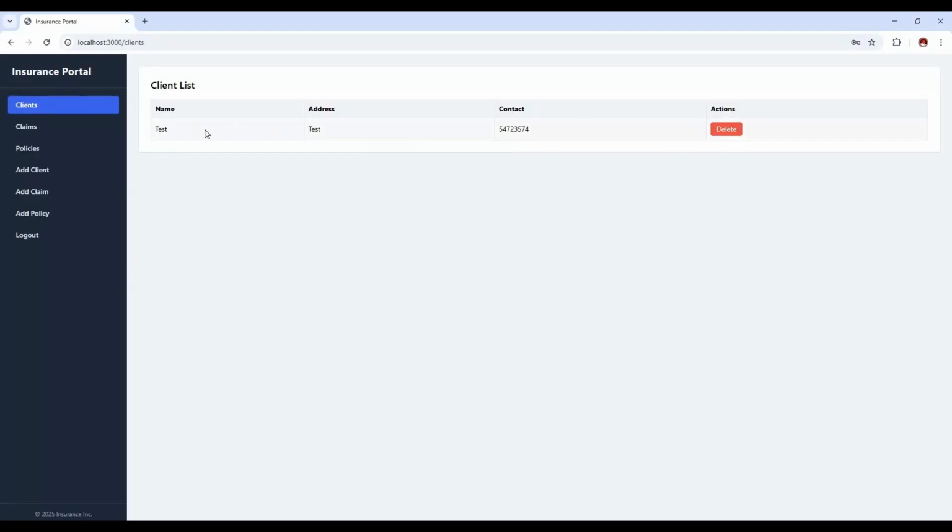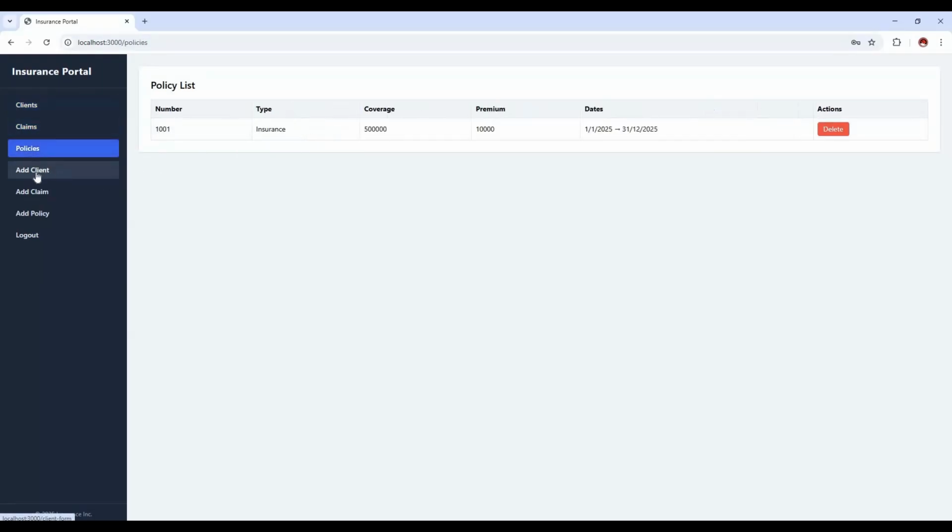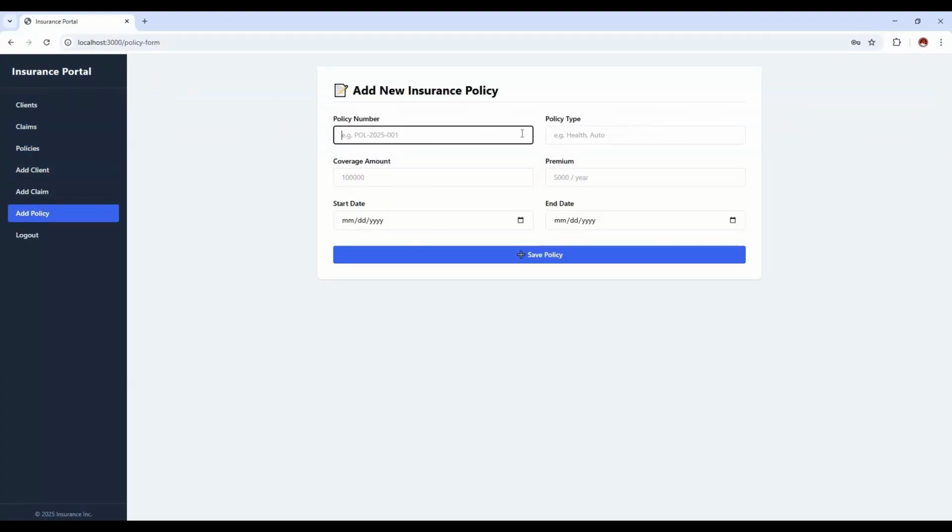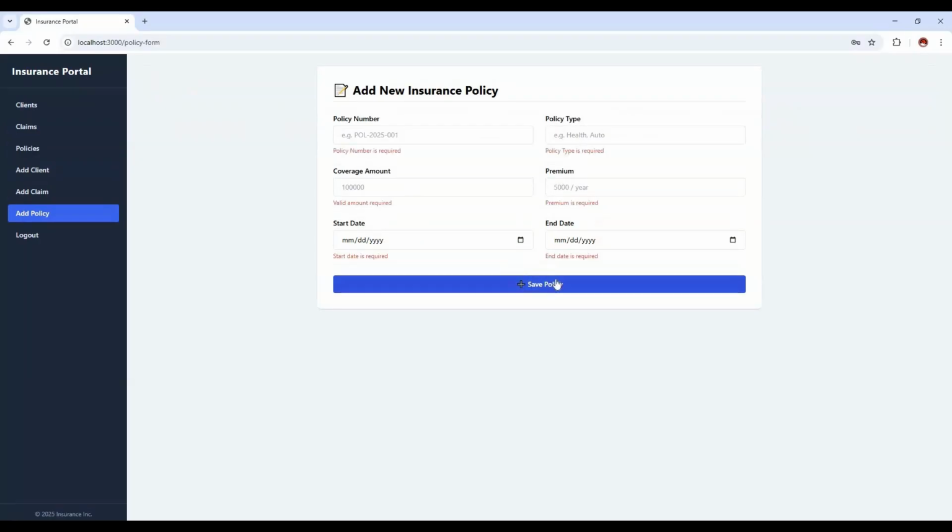So this is about the client list. This is the claims. So policies, list of policies. From here we can create the policy. Let's see, if I'm not putting it, then the error messages will show something like this. From here we can choose the date, and also from here these are the dates, right? 2025. Then from here we can choose the date, whatever date it is. Here also same. So if we put the policy details, let's say policy 01, then type,